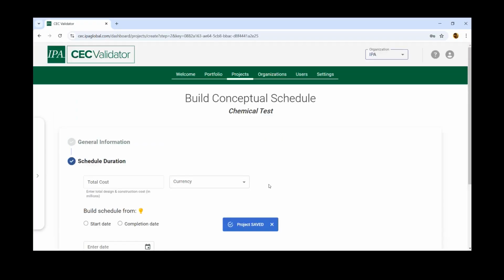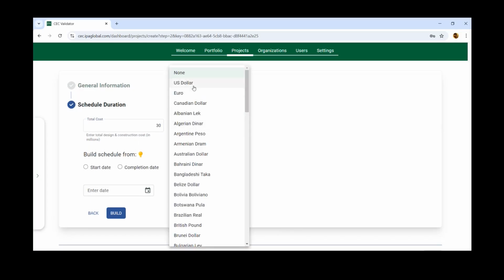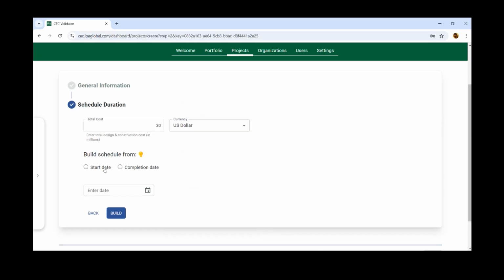Since we're building a conceptual schedule, the core input here is the cost. Let's look at a hypothetical $30 million project. We want to build a schedule starting from a particular date. Similar to the CEC schedule duration tool, we have 2 options here. The first option builds the schedule forward in time. The second option is for targeting startup of the project, so that you can do a backward schedule calculation and